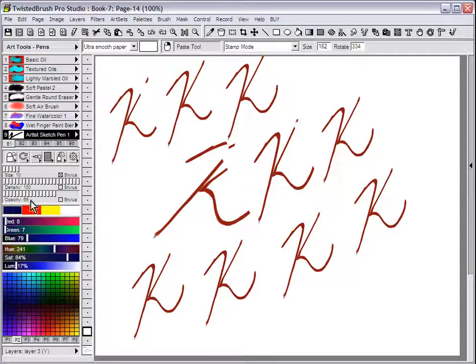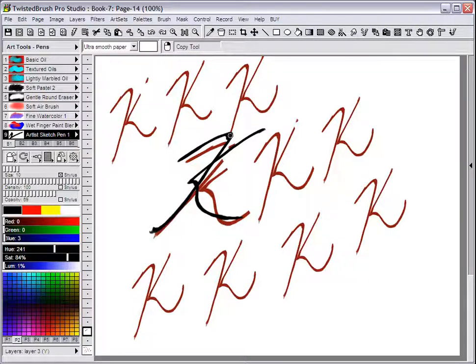I'm going to change colors for our brush so you can see a little better the difference between what's down there, and make a new character. Now the black K is just on the layer, the rest is all in the background. So now if we go back and select the copy tool,